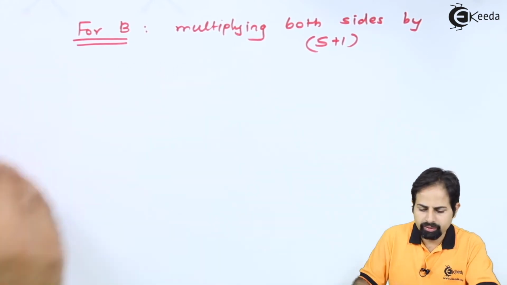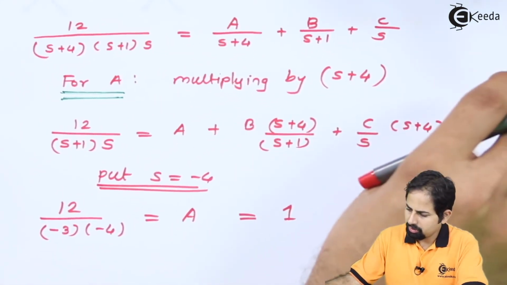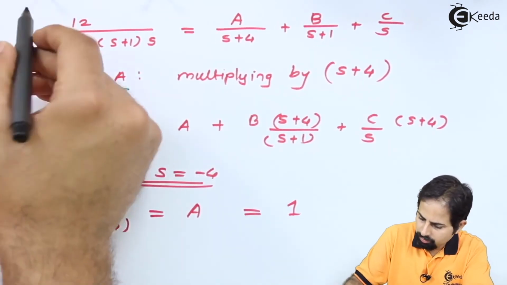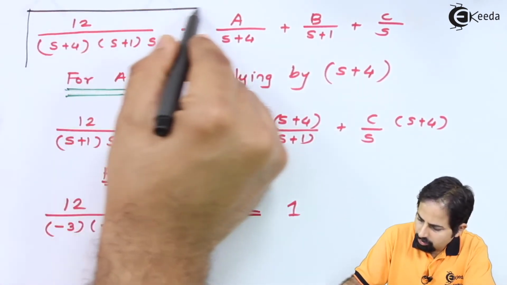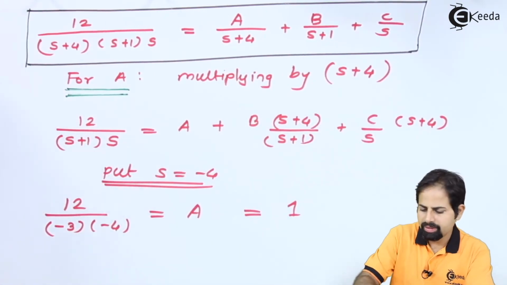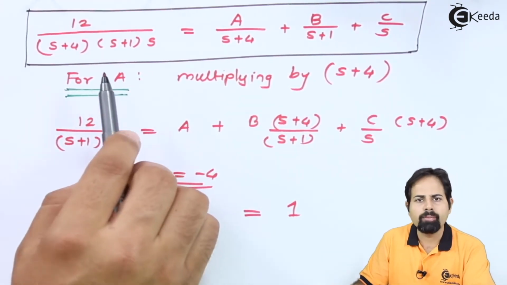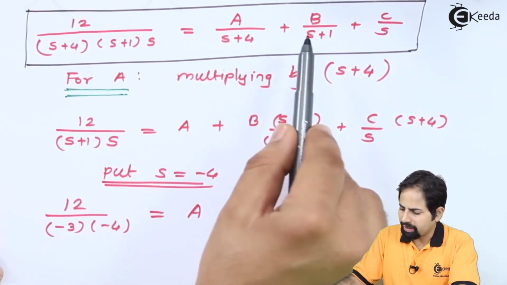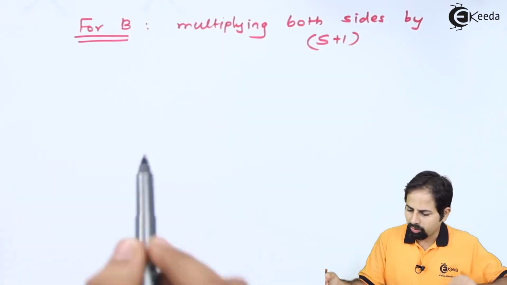So what I will get, this is the expression. This expression in the black bracket is what I am talking about. So multiplying both sides by s plus 1, for getting b, will give me on the left hand side